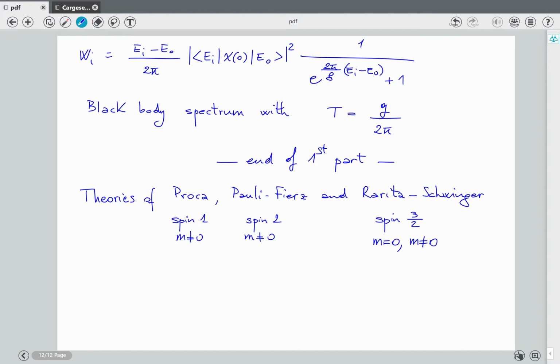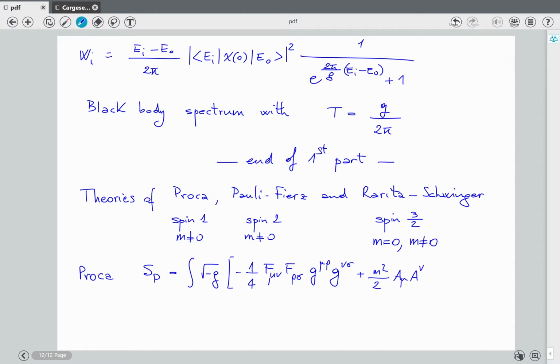So let's start with the Proca theory. The Proca action in gravity is as follows: square root of minus g, then you have minus 1 over 4 F_mu nu F_rho sigma g^(mu rho) g^(nu sigma), plus m squared divided by 2 A_mu A_nu g^(mu nu), plus